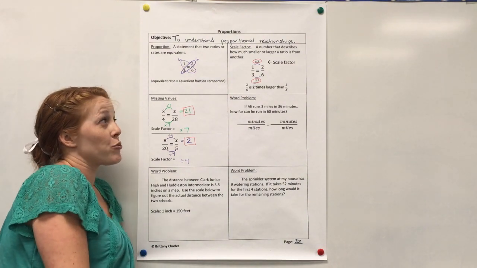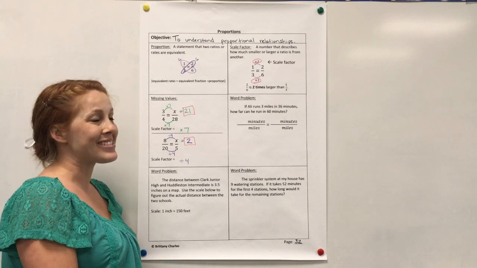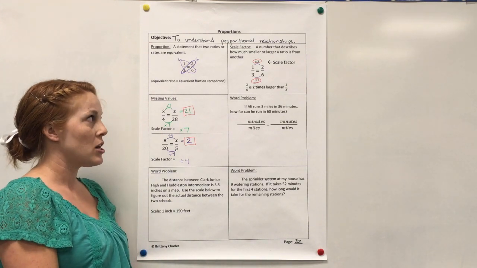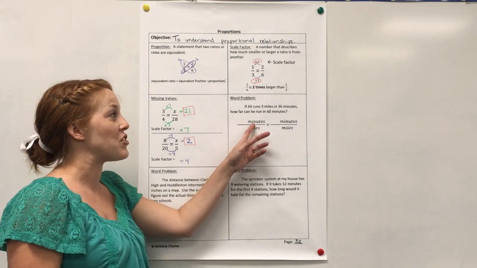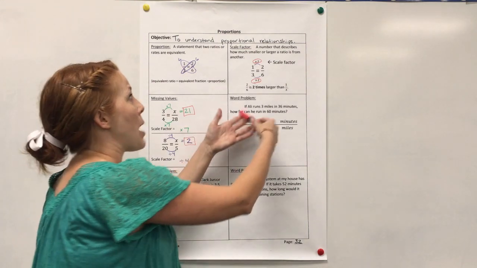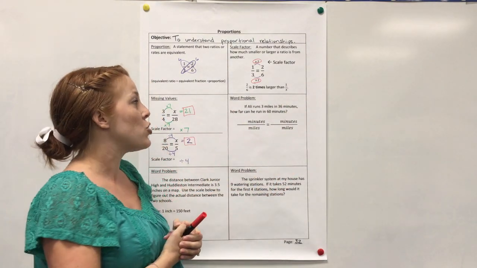If Ollie runs 3 miles in 36 minutes, how far can he run in 60 minutes? All right, so something really important to remember when you're doing proportions is to look at the units. Whenever you're setting up your proportion or setting up what looks like your equivalent fractions, you have to make sure